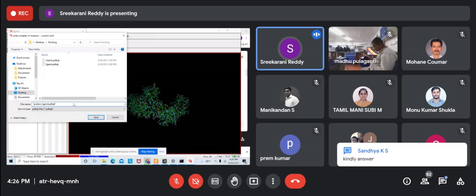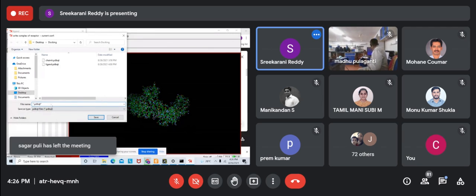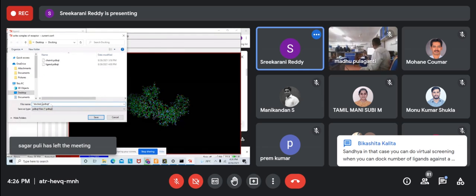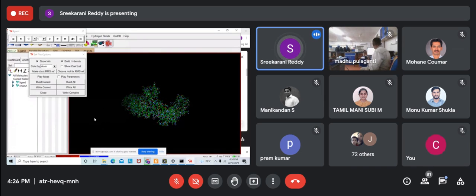Protein ligand is nothing but a complex which we have done. Okay, I will keep it as docked complex dot PDBQT. I am saving it now.